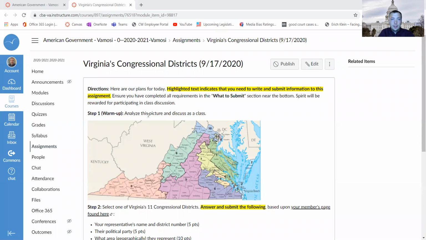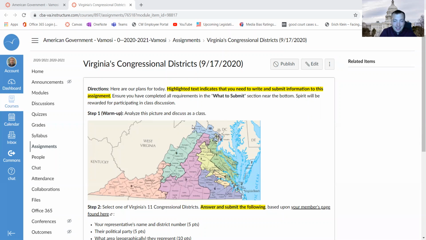Today, we're going to be looking at congressional representation, and most specifically, the congressional representation in Virginia. What we'll be working out of today is called Virginia's congressional districts. So find that in Canvas, and here are the directions. Here are our plans for today. Highlighted text indicates that you need to write and submit information to this assignment. Ensure you've completed all requirements in the what to submit section near the bottom, and participation will be rewarded for